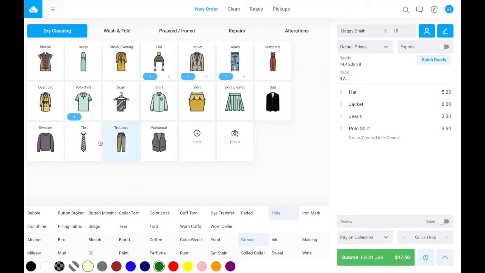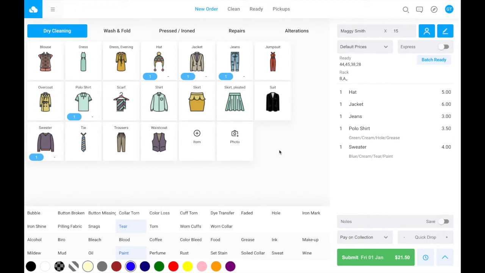So then, for example, I would select the sweater. Now I'd put color blue and cream, and then stain paint, and damage, there's a tear, for example. Select the product, select the details. That's the idea. There is, though, another way of doing this,